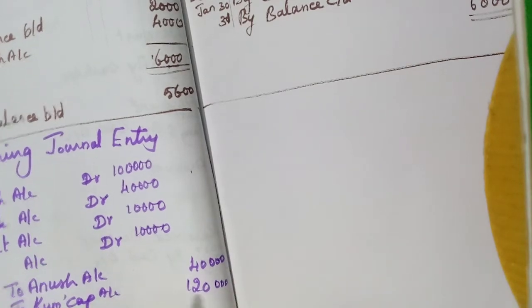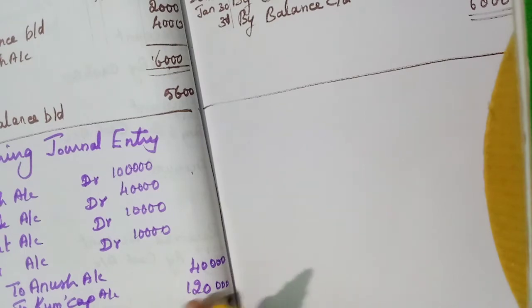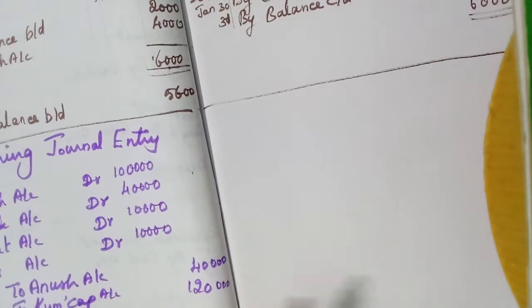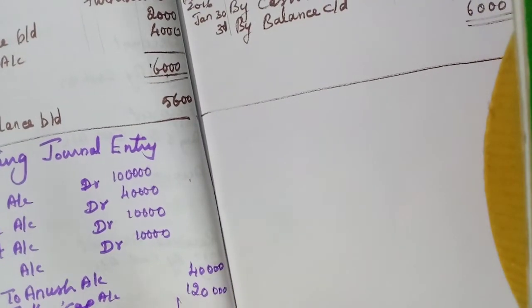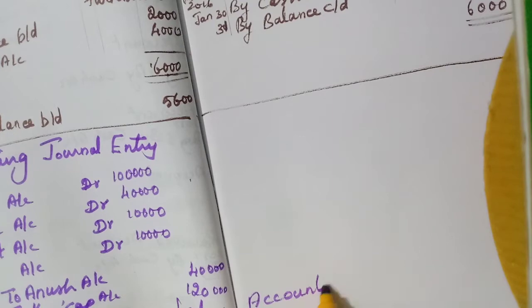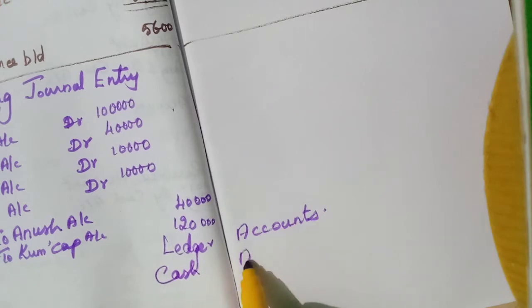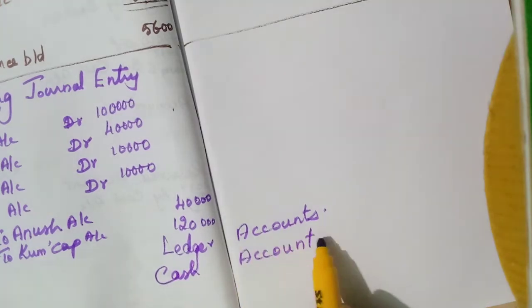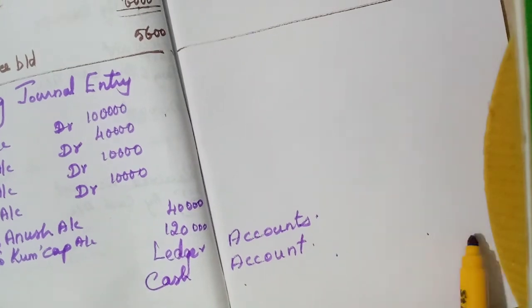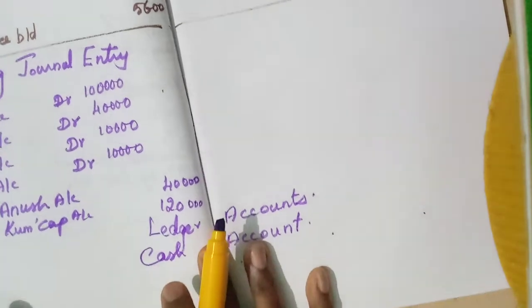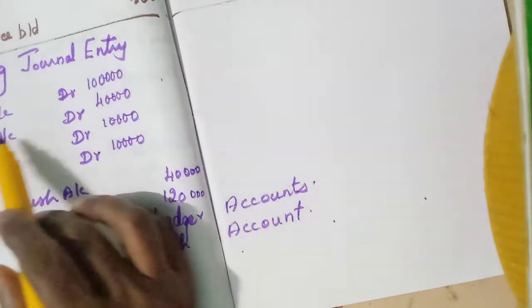So without doing it also we can check the amount if it is correct or not. Now find the capital and show the ledger posting for the above opening balances. So first we will do the ledger accounts. First one, cash account. Yesterday I told you how to draw the line. Then date, particulars, JF, rupees. Here also date, particulars, JF, rupees.